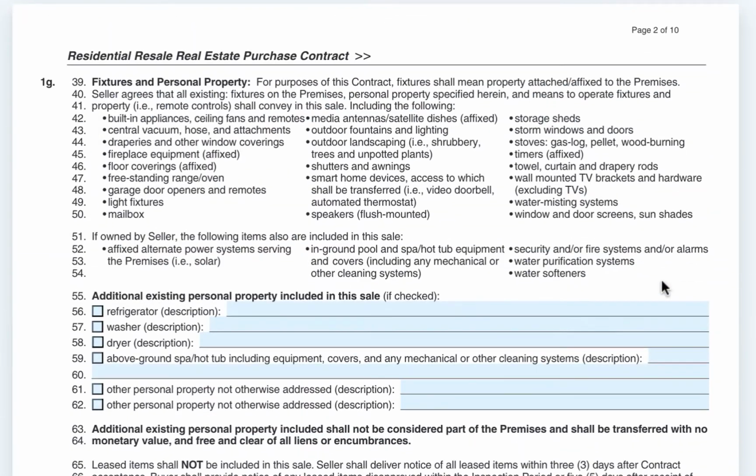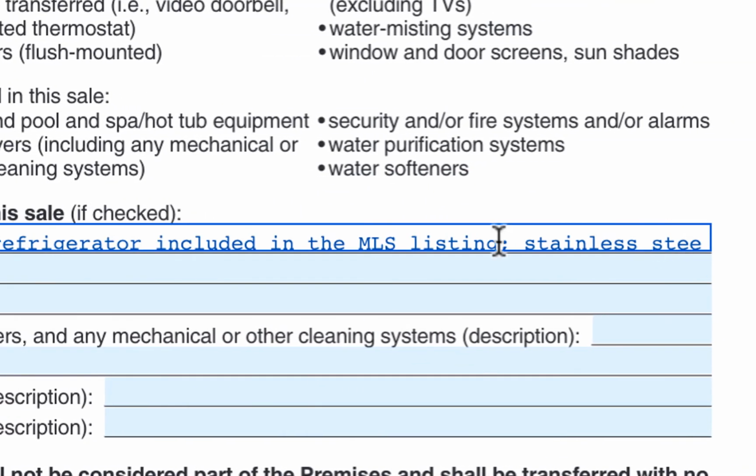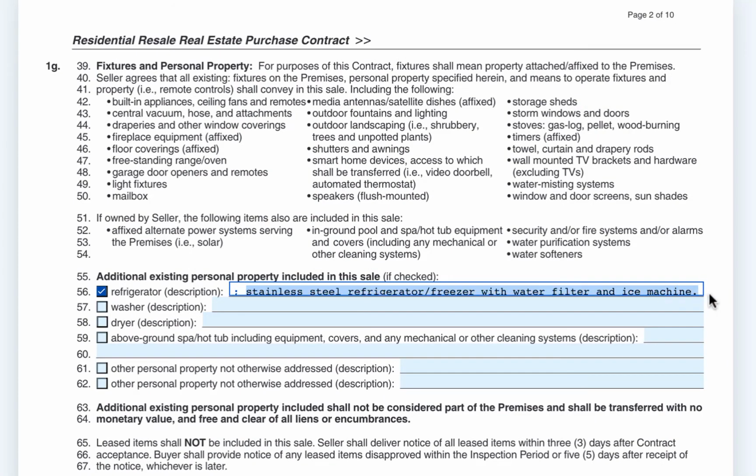We also have checkboxes and single-line text fields that function differently than the multi-line text field we looked at earlier. For single-line text fields, you can continue to type up until you've reached the limit. Once the limit has been reached, you can no longer type, and you'll see a red border around the text box. Click out of the box and the text will shrink to a smaller font size so that all of it fits within the designated text space. Now, if you don't want the text to be so small, you can remove some of the text to increase the text size. And checkboxes function as you might expect. They can either be checked or unchecked.